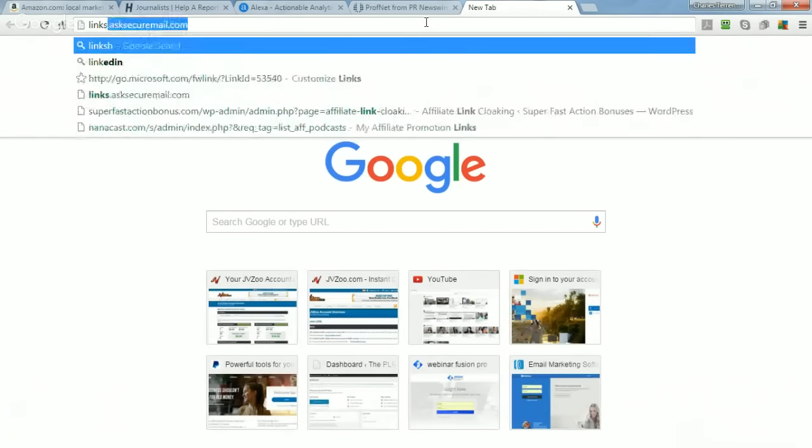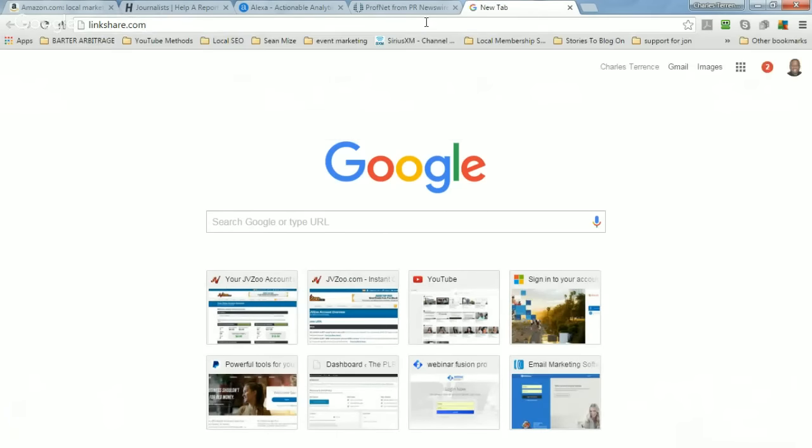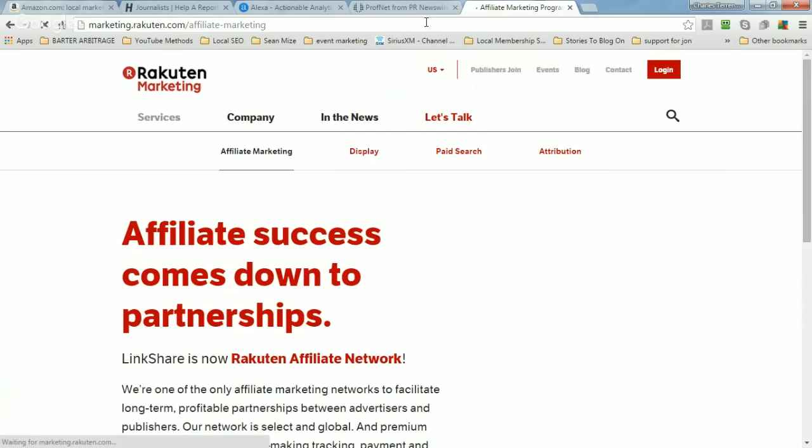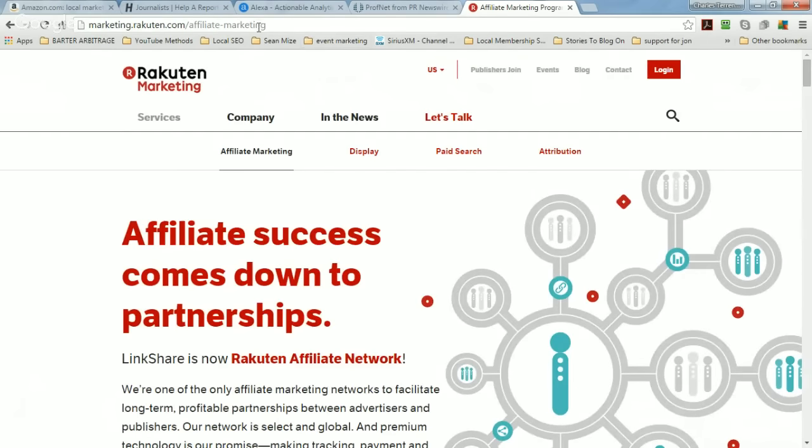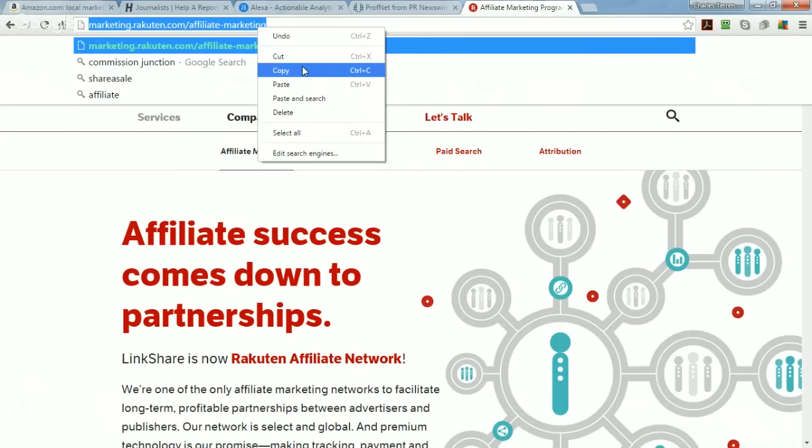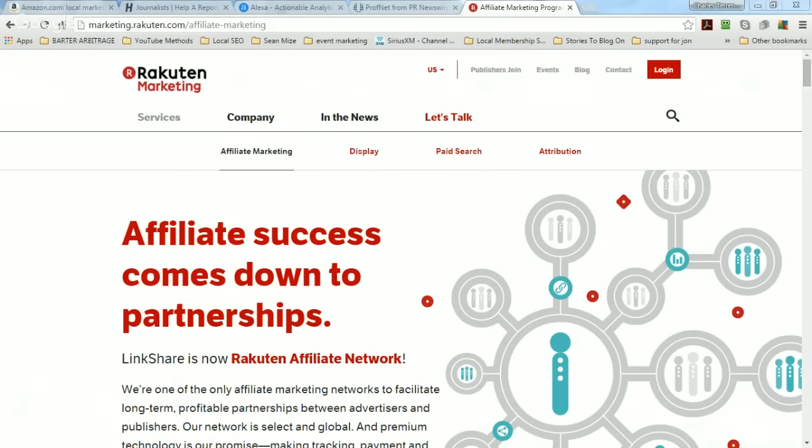It's called LinkShare.com. How many of you all are an affiliate at LinkShare? I'm going to actually put this in the box. How many of you all are an affiliate at LinkShare? Now, why am I telling you to be an affiliate at LinkShare? Why am I telling you to join the LinkShare network? The reason I'm telling you to become an affiliate at the LinkShare network, okay, great, Earl, is because